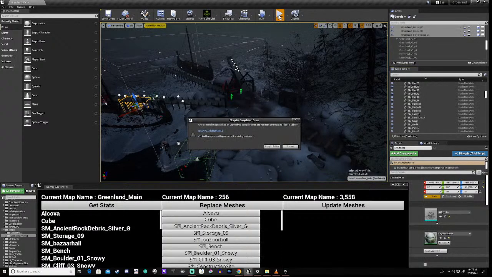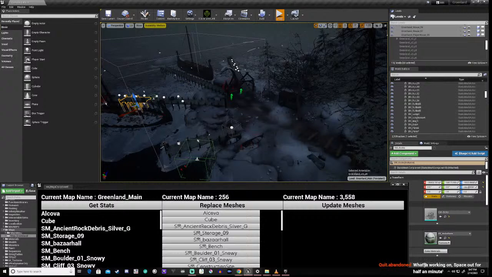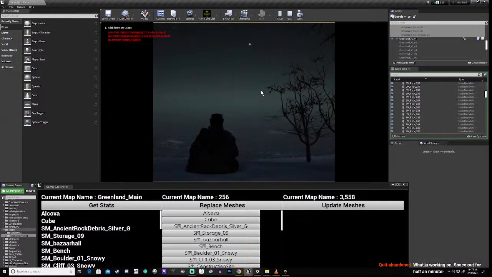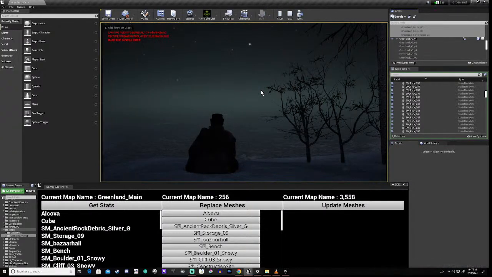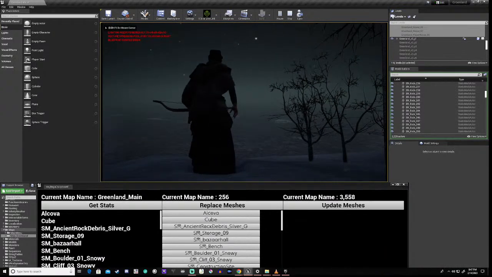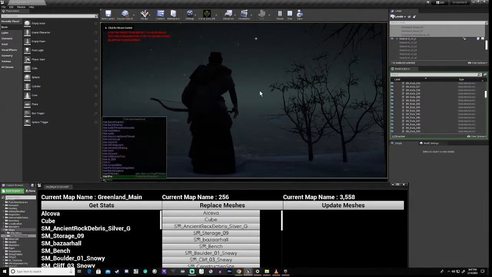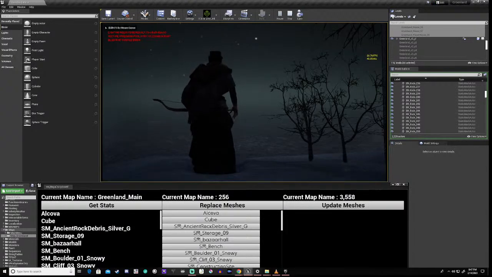But if I press play, I don't know how long this is going to take. And if it's, there we go. Well, that wasn't bad. Right, but what we can do here is say start FPS.